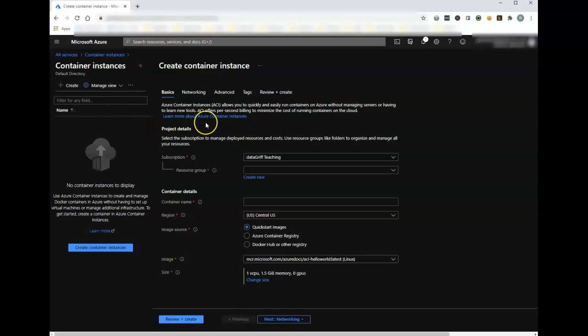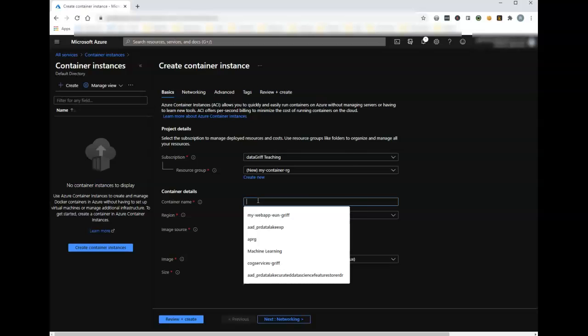and this is the basic configuration of our container instance. So subscription, I'm going to pick my teaching subscription, and the resource group, I'm going to create a new one, and I'm going to call it My Container RG, where RG stands for resource group. I click OK. The container name, I'm going to call My